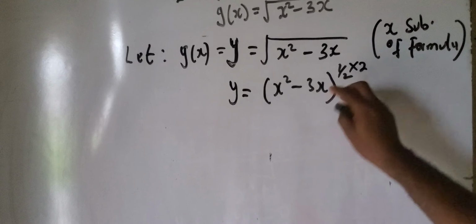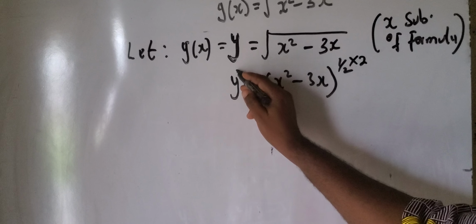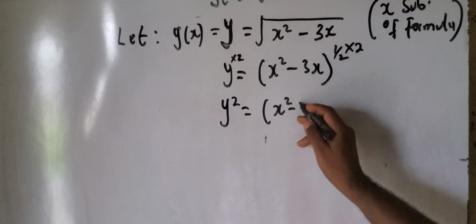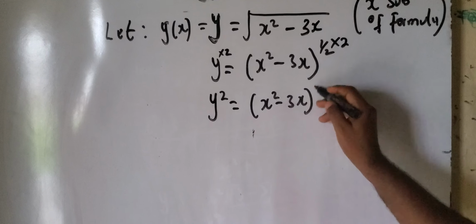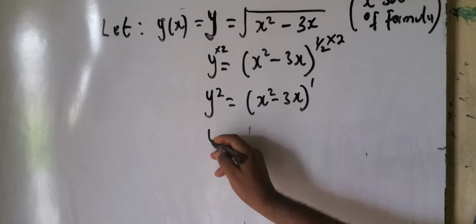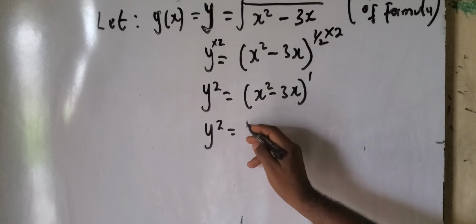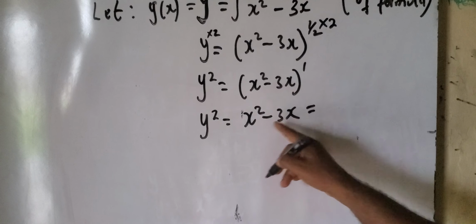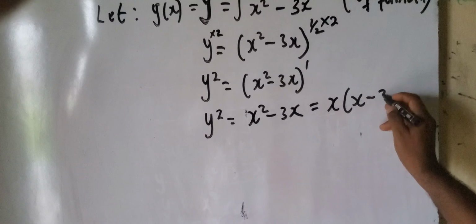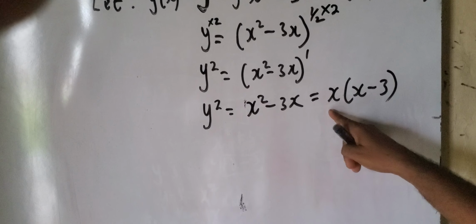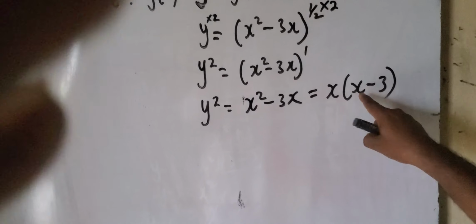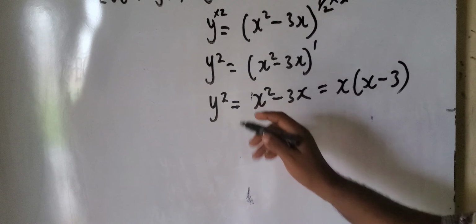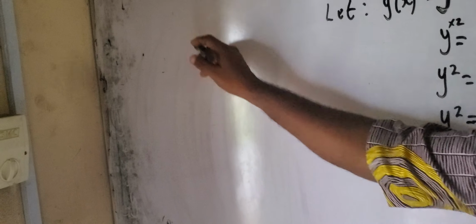Whatever I have done on this side of the equation, I must do it here too. So this one is being raised to power 2, and I have y squared is equal to x squared minus 3x. The 2 cancels 2, raised to power 1. So this one becomes y squared is equal to x squared minus 3x. Now, if I factorize this x out, there is no way I can make x stand alone. If I want to make this x stand alone, there is still x here. So what do we do? We now introduce the idea of what is called